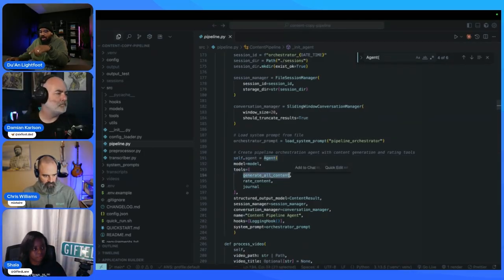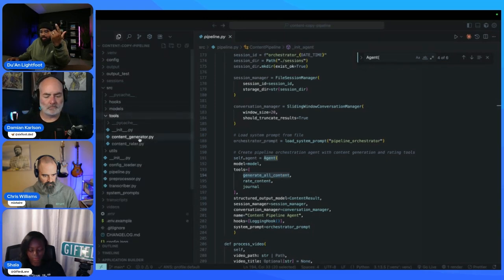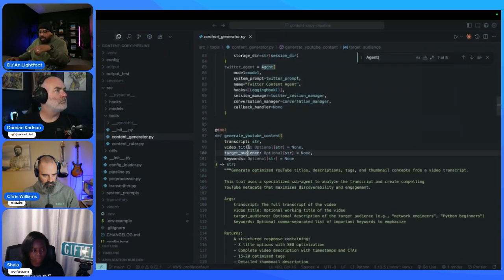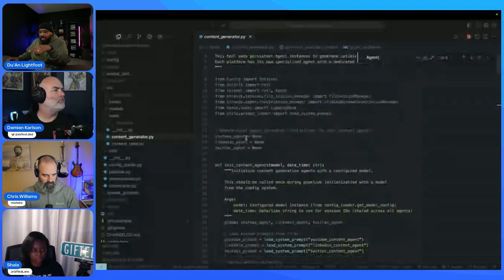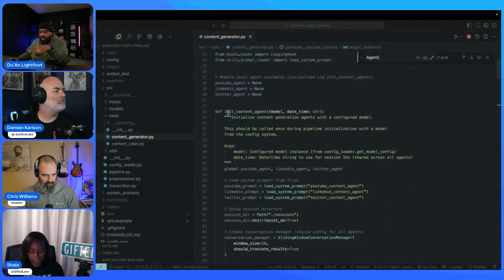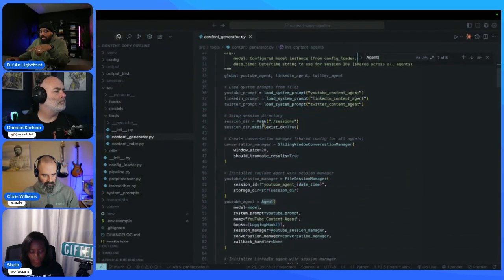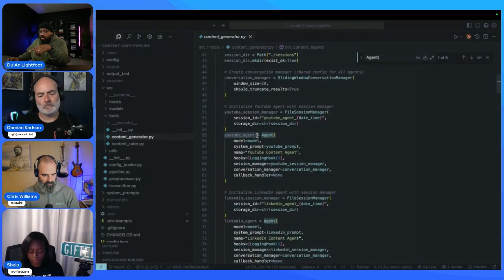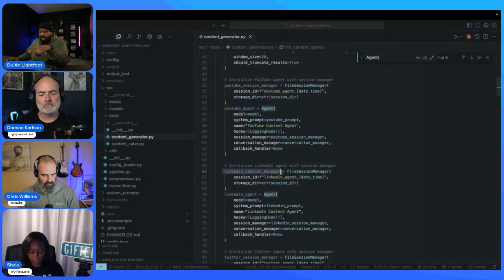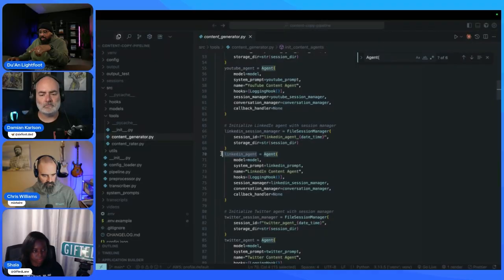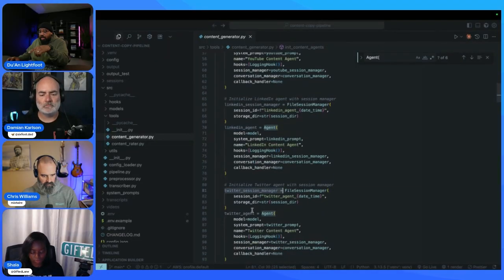This generate all content will call my other agents, because if we go in my tools folder, content generator, this is to initialize all my agents here. So we have a YouTube agent, we have a LinkedIn agent here, and then we have a Twitter agent here.